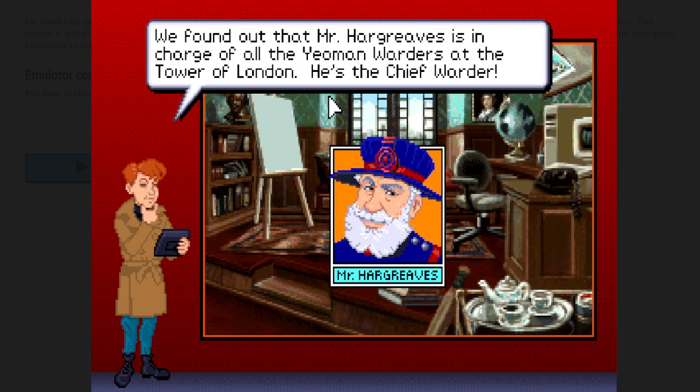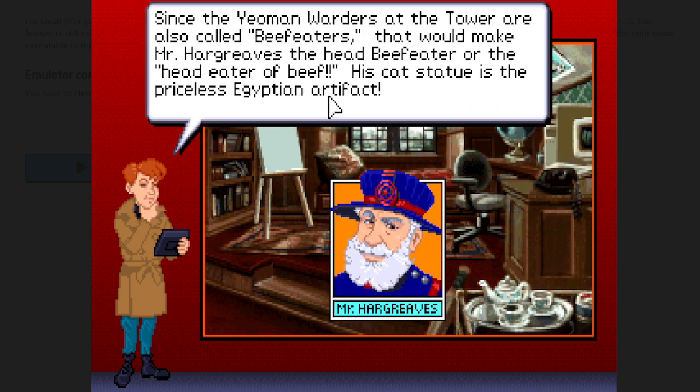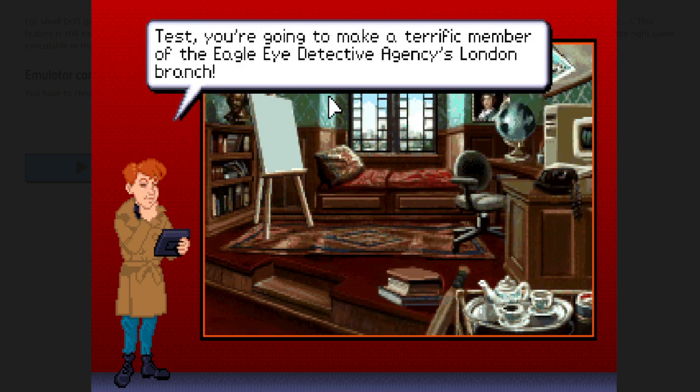We found out that Mr. Hargreaves is in charge of all the yeoman warders at the Tower of London. He's the chief warder. Since the yeoman warders at the tower are also called beefeaters, that would make Mr. Hargreaves the head beefeater or the head eater of beef. His cat statue is the priceless Egyptian artifact. Yay. Test, you're going to make a terrific member of the Eagle Eye Detective Agency's London branch.